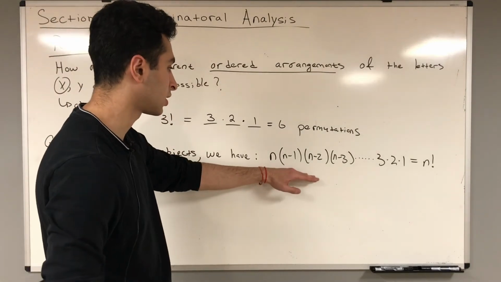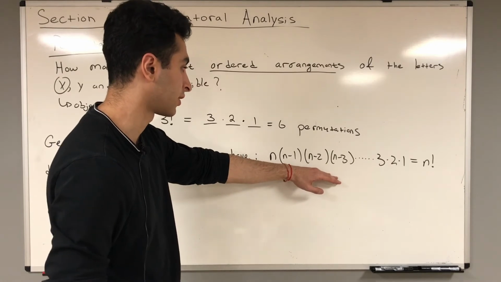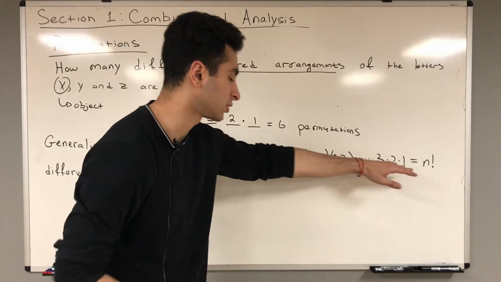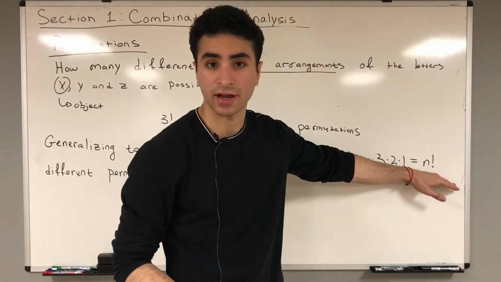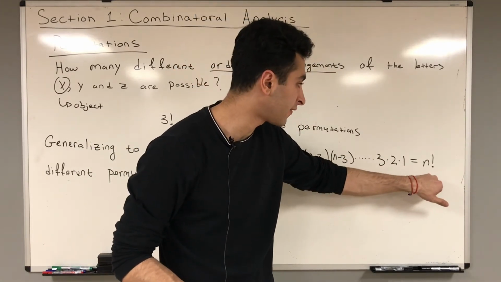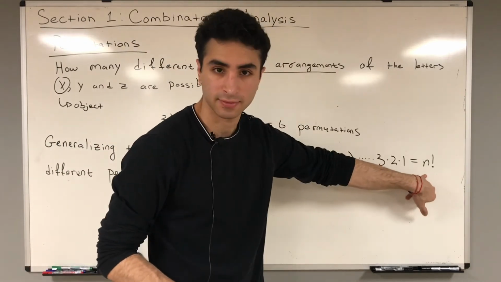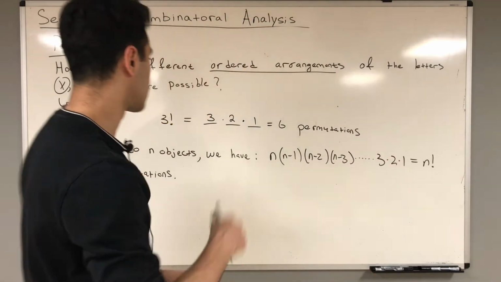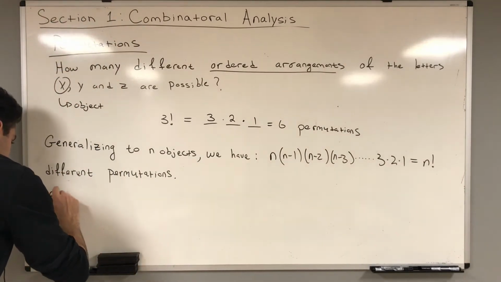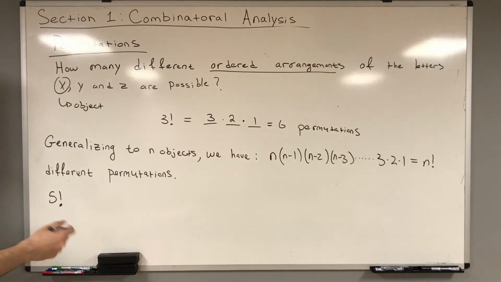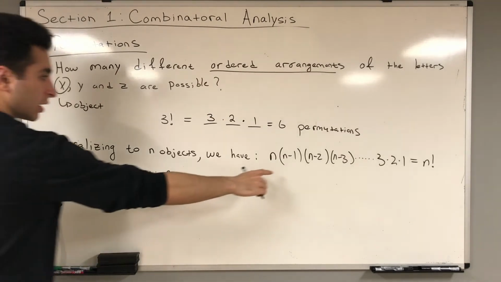N times a number less than n by 1 times a number that is less than n by 2, blah blah blah, until you reach 3 times 2 times 1 is defined as n factorial, right? So whenever you see n factorial, it is this. Whenever you see this, it is that. That's how it's defined. So for example, 5 factorial,